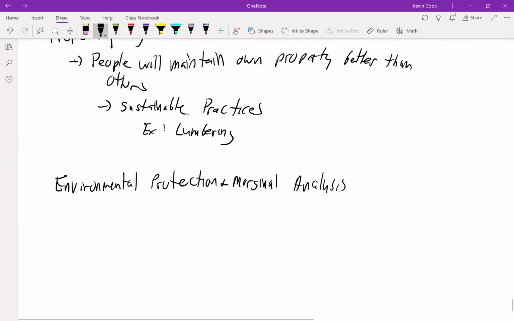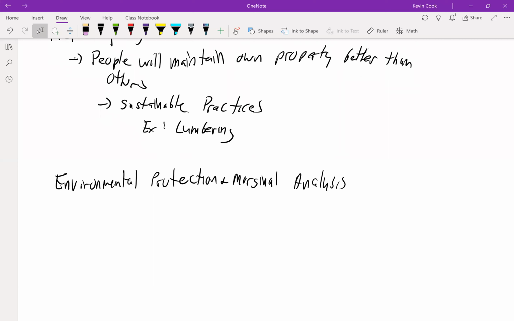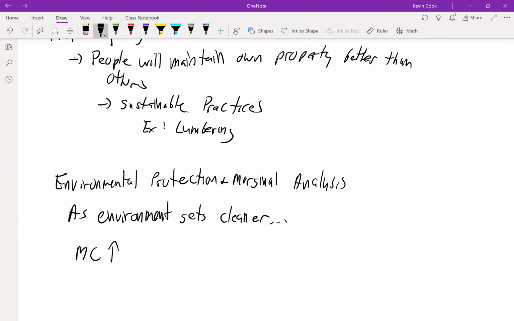What we tended to see with our environmental protection is that as the environment gets cleaner and cleaner, the marginal cost to get even cleaner will begin to